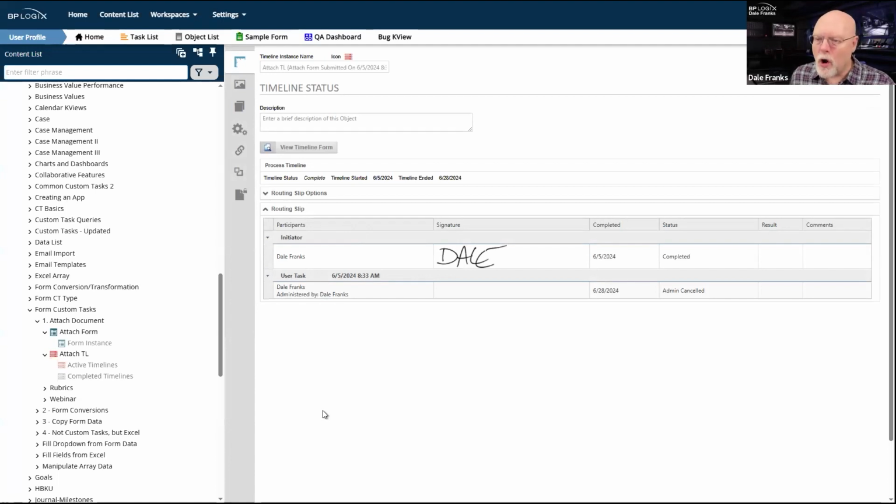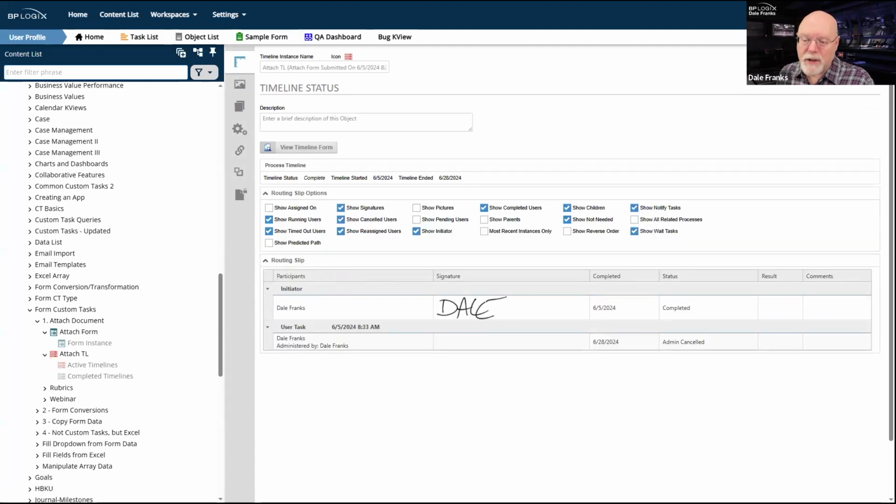Let's look at what a timeline instance's properties look like. This is the timeline status tab. This basically shows me my routing slip. I can change my routing slip options here, by the way, to show any other items that I have.